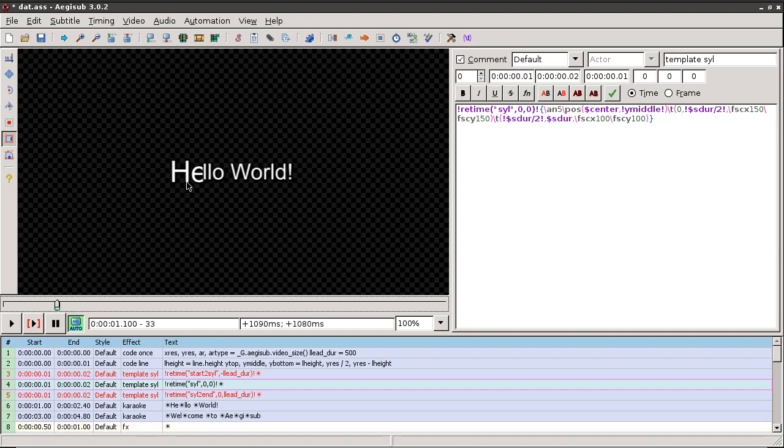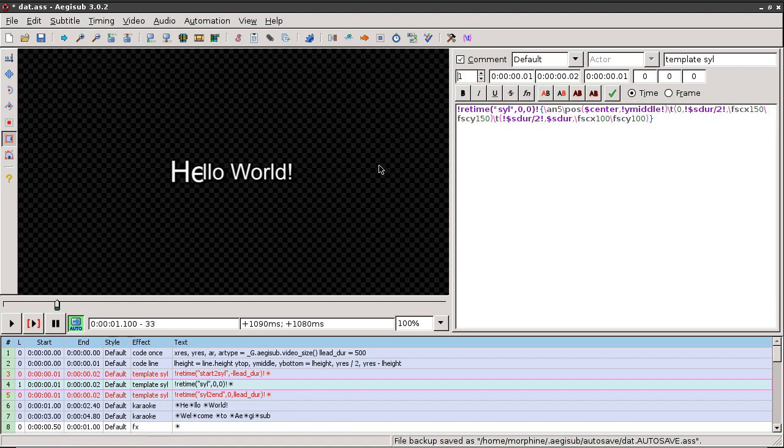You can see when it scales, the word is in front of the next one, which is not what I want. So when you use the retime function, just increase the layer, so it will make the effect work as expected: the highlighted or scaling font will appear in front of the next syllable. So that is the time adjust I use in the retime function for start and end time.